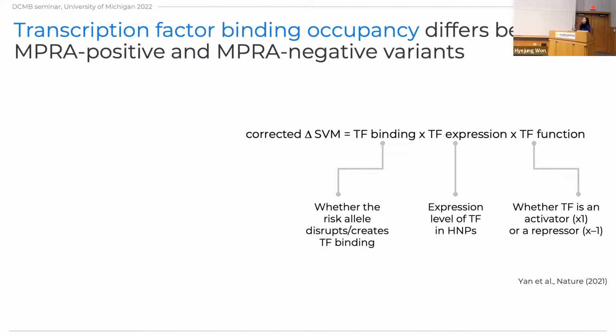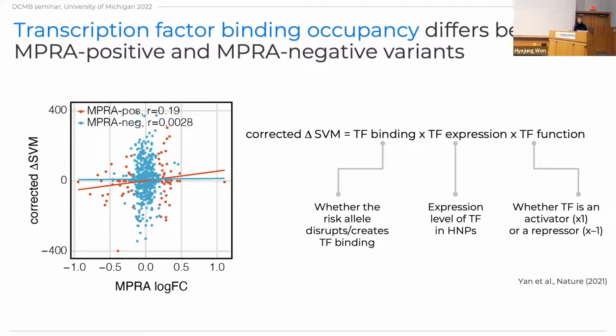And on top of that, a transcription factor is not always an activator, but it can also act as a repressor. So when the transcription factor is a repressor, if the risk allele disrupts its binding, it means that the gene expression should actually be increased rather than decreased. So we also try to leverage that information. Once we took into account multiple aspects of transcription factor activity, we started getting some difference between MPRA-positive and